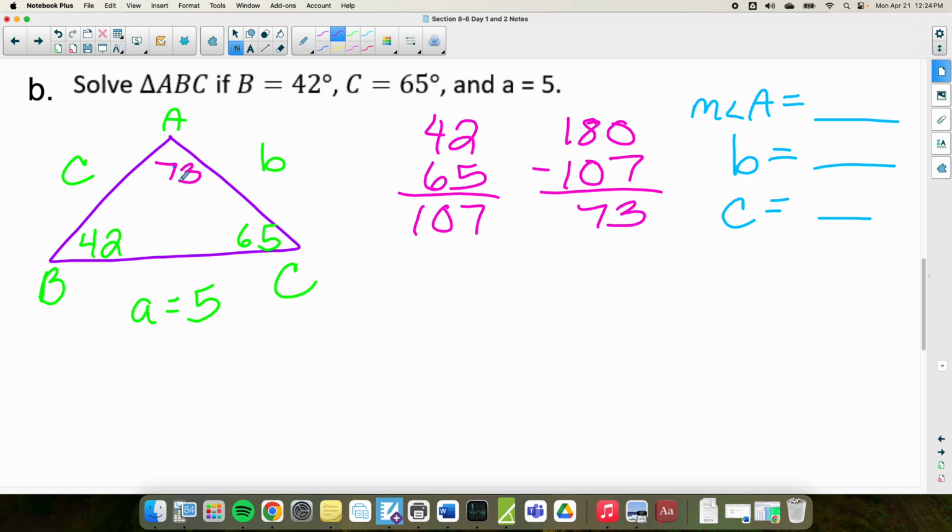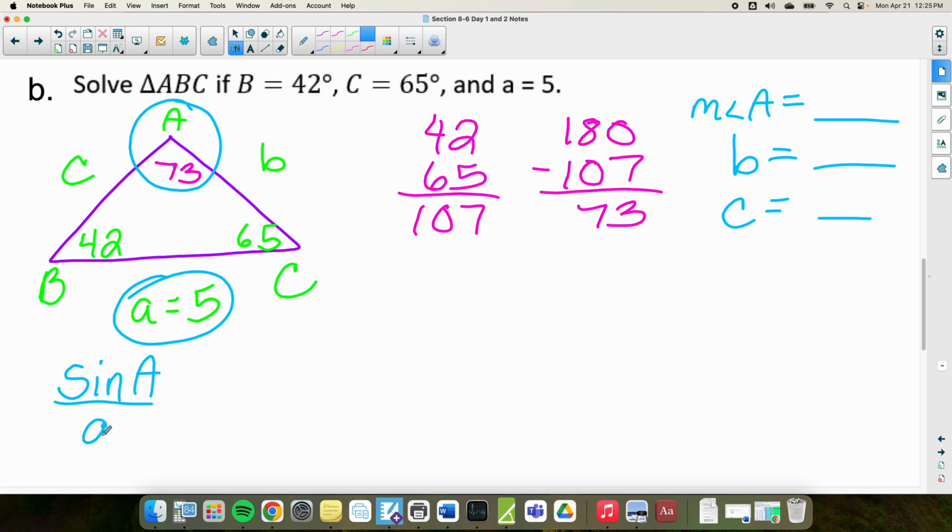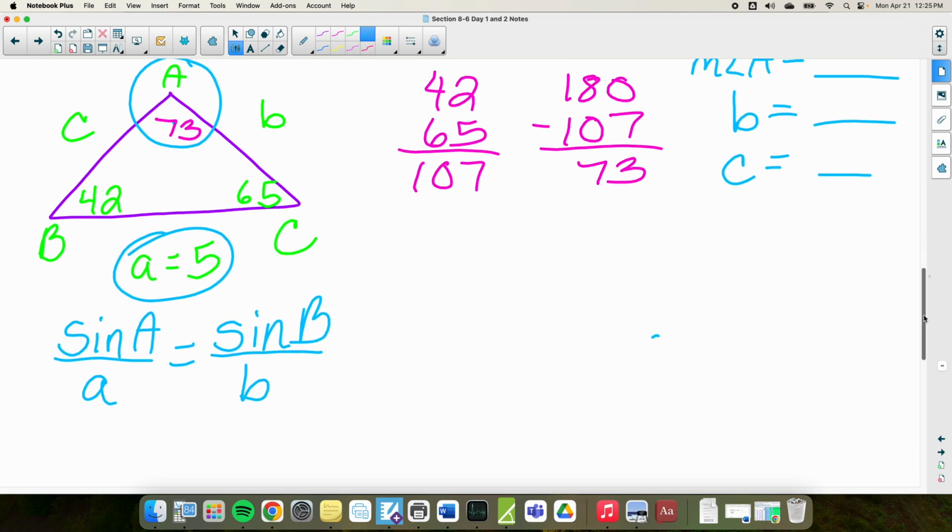Okay, now, when I go to do this, I have to use an angle and its opposite side. I can't do it if I don't have that. So this one again, it just so happens I have angle A and little a, but it won't always be that way. You could know B and little b. And then as far as finding little c or little b, it does not matter what order you go in. So let's just go alphabetically and go sine of b over little b. Both the answers for B and C are 3.498 and